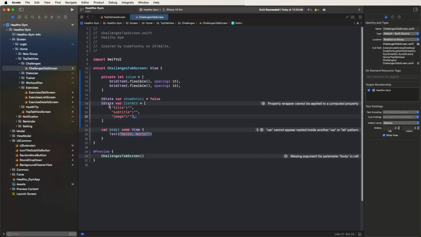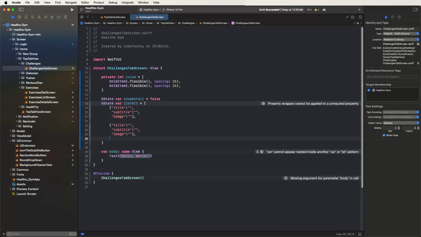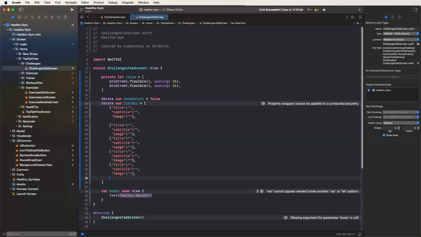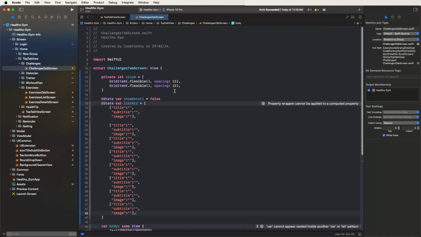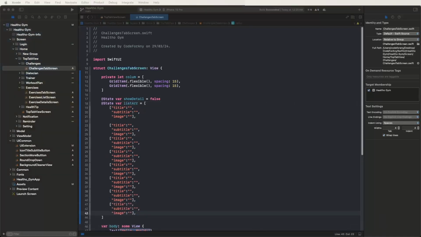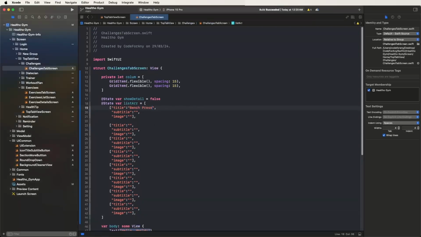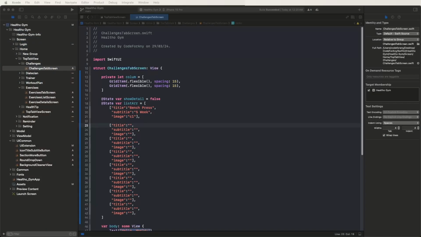Now copy and paste it 7 times like this. Now set the titles and subtitles, and set the C1 image names, then after another,